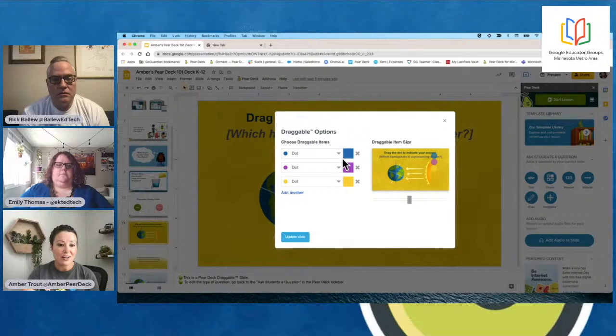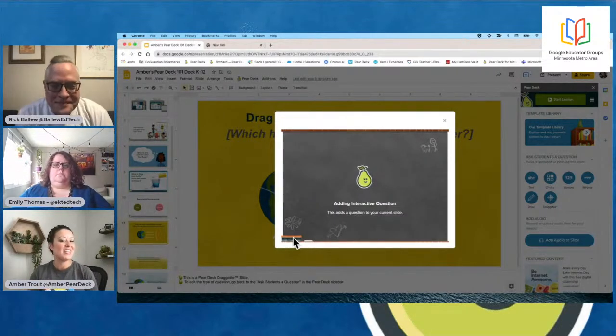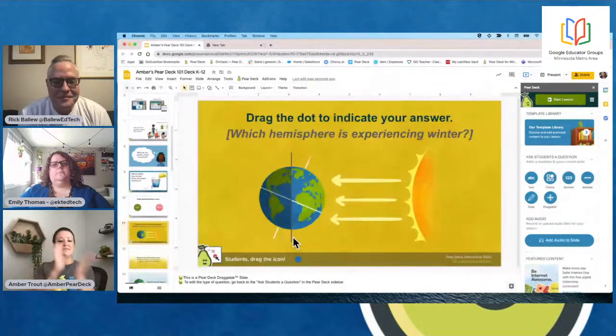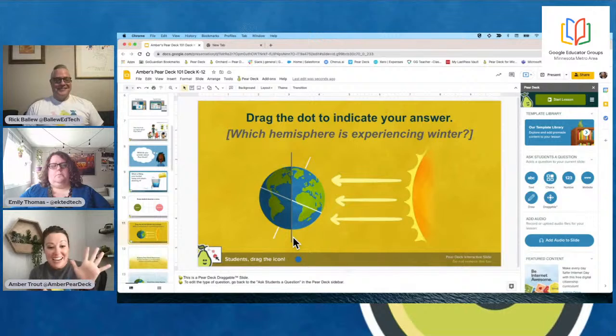Now, once you have the icons that you want, you can delete them using the little X here, but you also can make them bigger or smaller using your slider bar. So if you're like, hey, I don't want that to be a giant dot, you're going to be able to have control and make it a little smaller. Then all you do is hit Update Slide, it updates the interactivity, puts the little bar at the bottom, and you're done. Honestly, if I hadn't talked that whole time, it would have taken you like 5 seconds to add interactivity. So that's how simple. A whole presentation, 5 to 10 minutes maybe, because it's just that easy. It's a click, click, click, done.